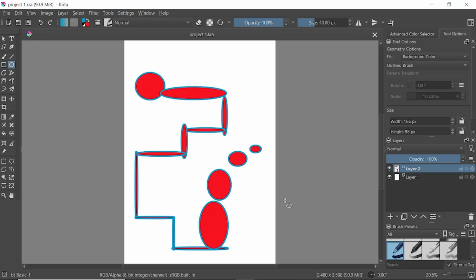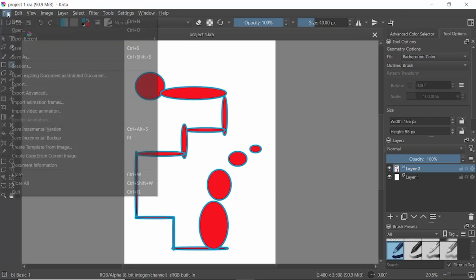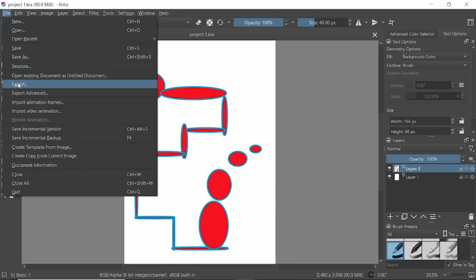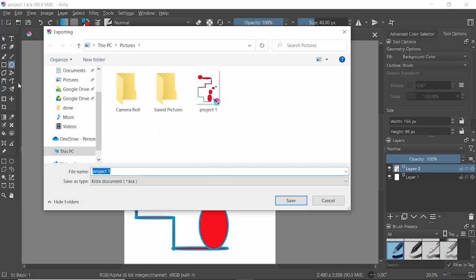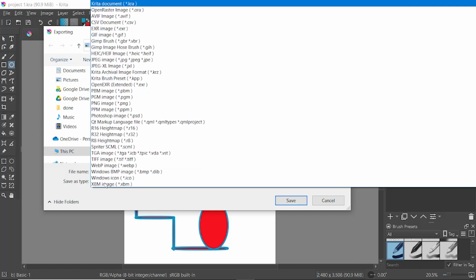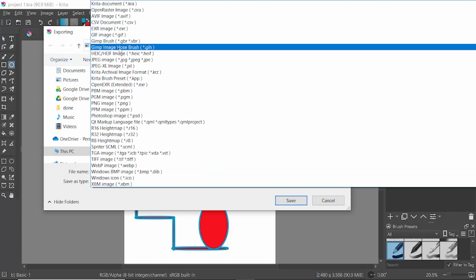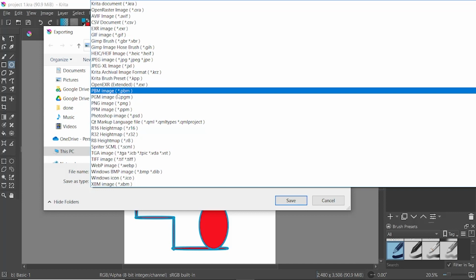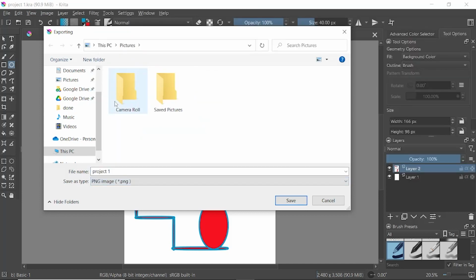Now to go about exporting, all you do is go to File, Export, and I swear this is the same window with a different title. But what we're going to do is click on Save as Type, choose a type of file we want to save as. I'm going to go with PNG,